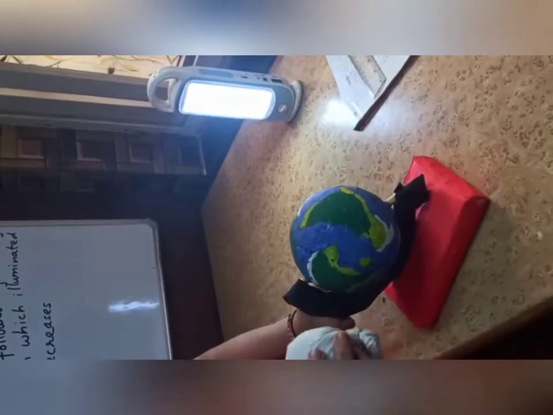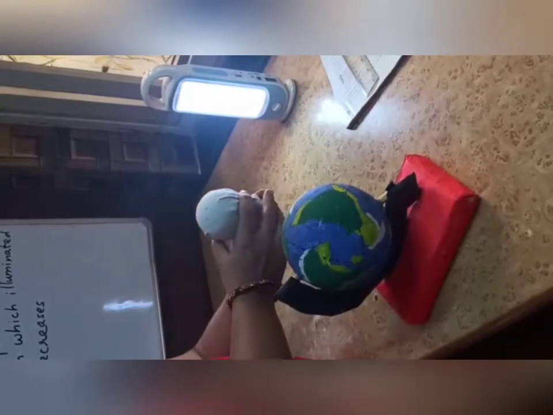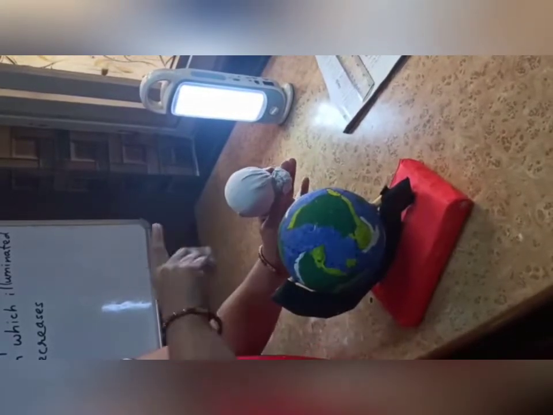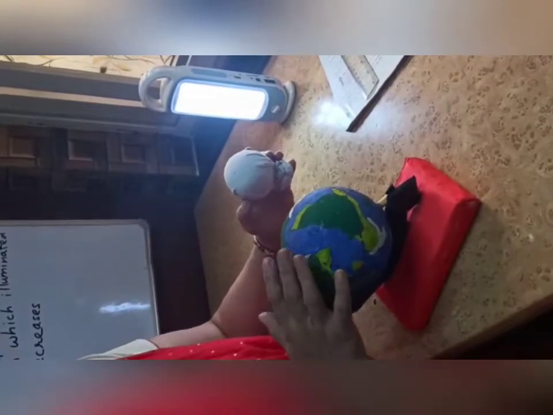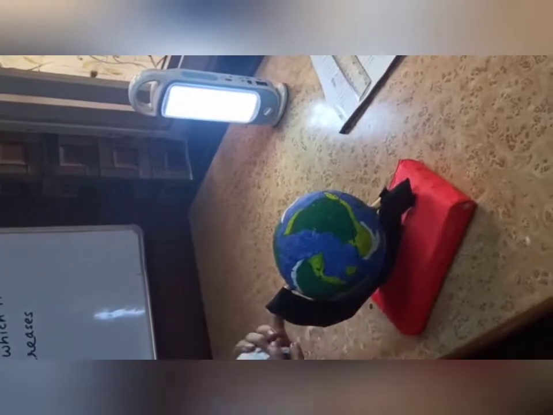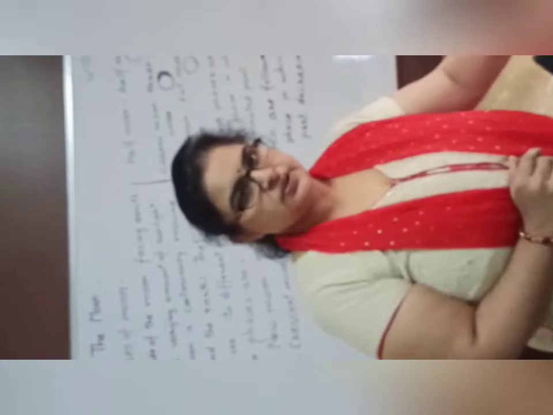So at a place when the moon is at this point, see this is the sunlight. The people on the earth are not able to see the reflected light of the moon. So what will they see? They will not see any moonlight, and this will be the condition. That is, the moon will not be there. It is also called the no moon or new moon, or in Hindi we call it Amavasya. That is, there is no moon. The moon is at this particular point.